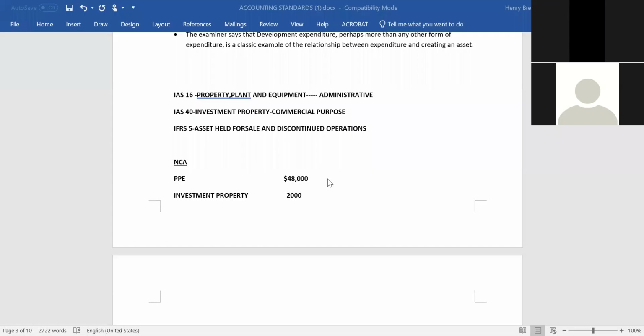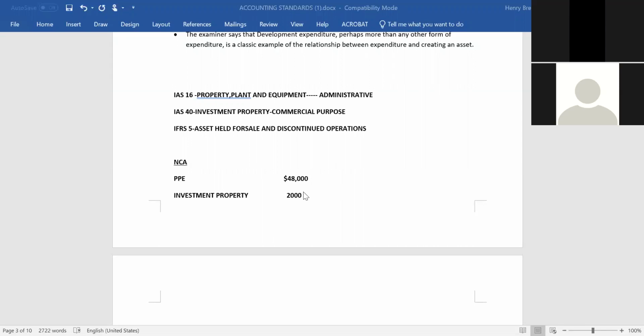There can also be an instance where, say, 10,000 out of the 48,000 has now been declared as held for sale. So if you remember, the total value was 50,000. 2,000 now became investment property, and we are supposed to take it out of the PPE value. We are saying that 10,000 out of the 48,000, in a subsequent period, by management is going to be held for sale. Right? So if it is held for sale, then we are supposed to take that 10,000 also out